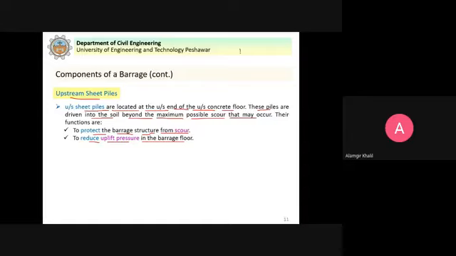When a hydraulic structure is constructed, this is, let's say, the floor foundation of this structure. We have this water here. So in this case, this will be the uplift pressure. Clear? And it will act here.